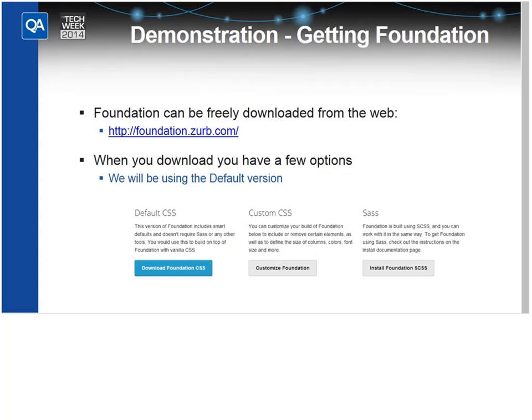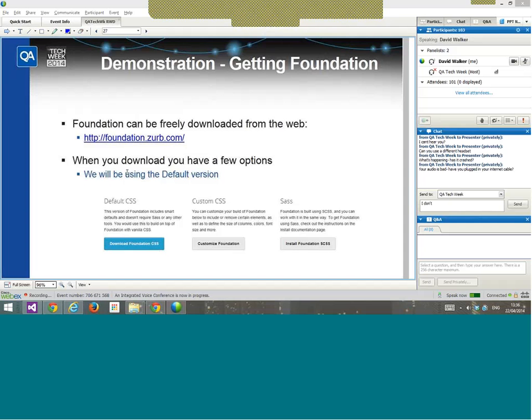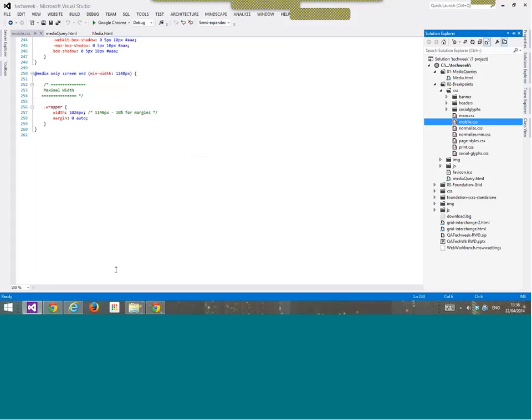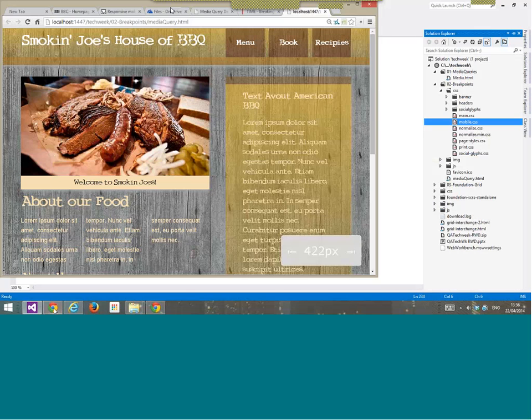So if we wanted to get hold of Foundation, we'd go out and we'd obtain this from Zerb. So I'm going to again share out my desktop now. I'm going to stay on my desktop for the majority of the rest of this presentation. I'll come back to questions and sum things up so I can show you how this all fits together. So Foundation